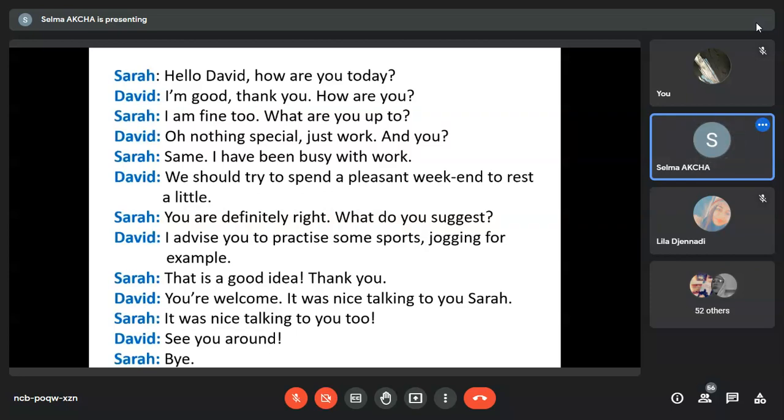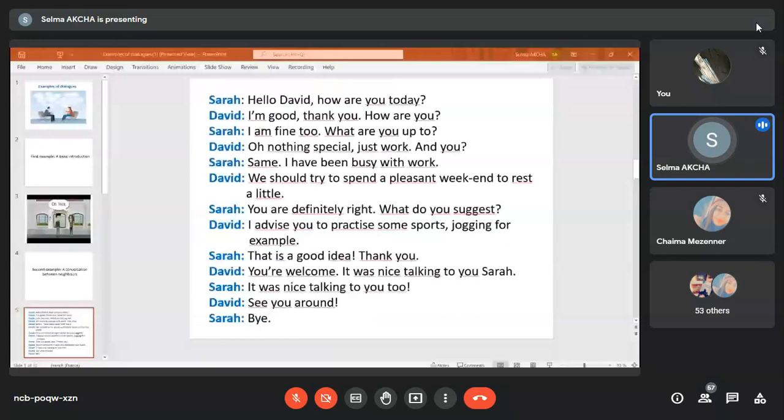He can't say we must. No, he says we should, which means that it could be a good idea. If he said we must, it means that it's mandatory, it's obligatory, and it's not, of course. Si il dit we must, ça veut dire que c'est obligatoire, strictement nécessaire, mais c'est pas le cas. He's just suggesting. Il est seulement en train de suggérer.